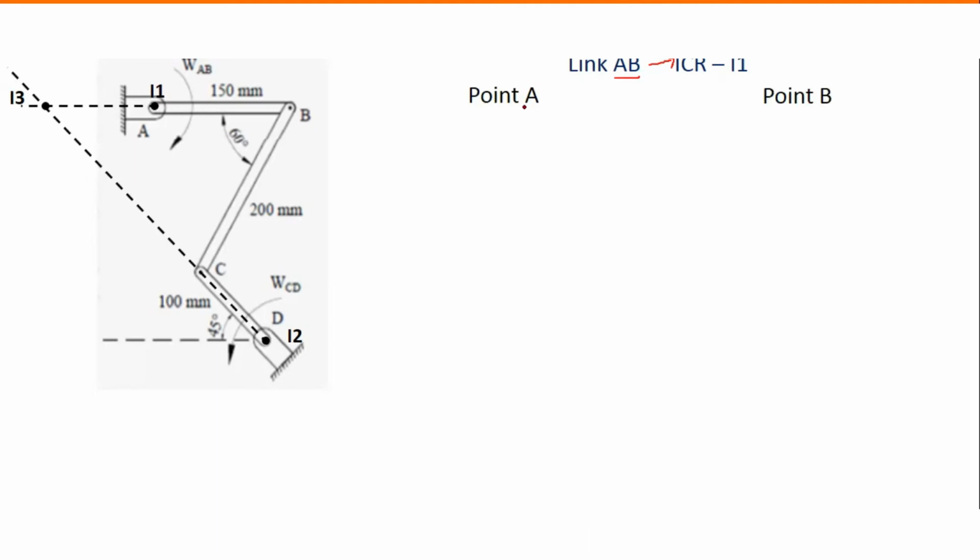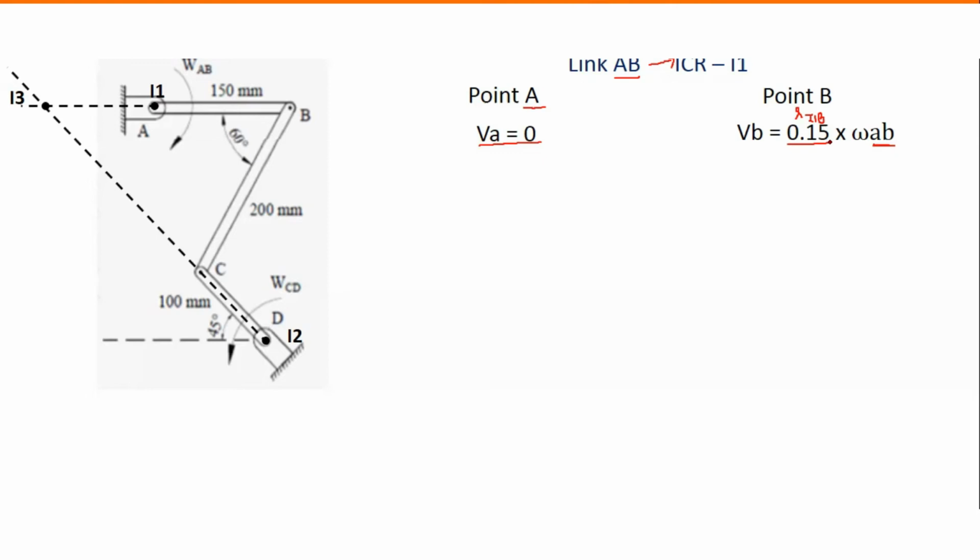Next step. For point A, I will write the equation VA is equal to 0. Why directly 0? Because I know that this point has velocity 0 because it is a hinge point. So directly, without writing the equation, I can write VA is equal to 0. For VB, I will write the equation VB is equal to R I1B multiplied by omega AB, because ICR is I1 and I want the distance from I1 to that particular point, and I am finding link AB. The value of R I1B is given to us as 0.15, hence I have substituted it. Be careful while substituting the distance, you always need to take it in meters.